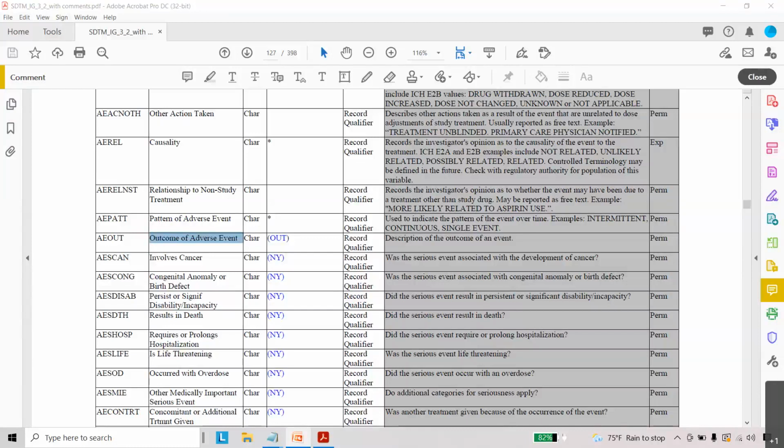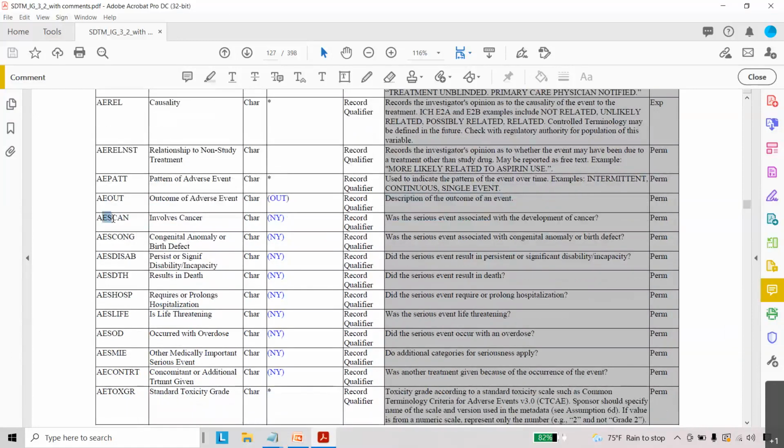Fatal means some bad condition to the subject, and we can also see recovered but with some issue. So we can see some values here for the particular outcome of the adverse event.